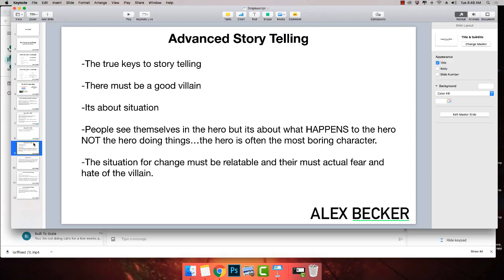Almost without fail, it's always about the villain. Because a story is about overcoming an obstacle. It's about overcoming a unique situation. Every single movie has one of two things. An extremely unique situation that creates... Every movie that hooks you has an extremely unique situation that triggers a lot of emotion, or a villain that triggers a lot of emotion.